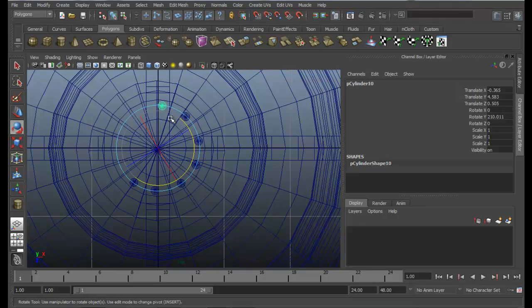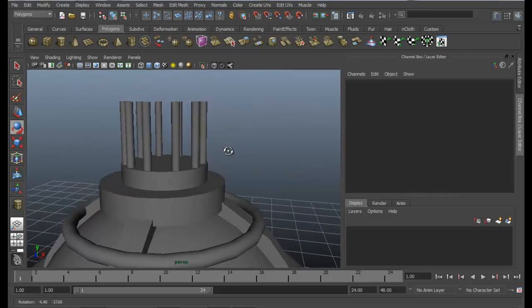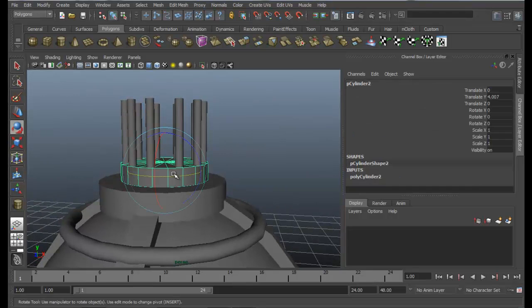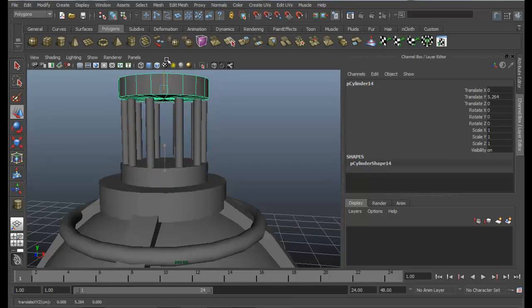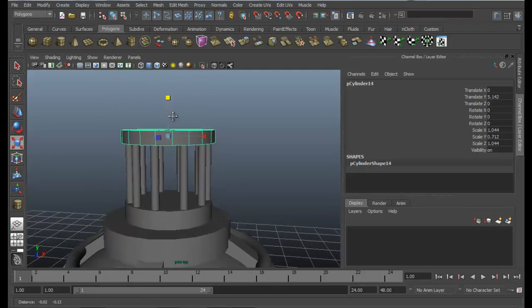Okay, how many copies you want, you can just move it, just position it using this technique. Okay, that much is good for now. Now I'm going to duplicate this, Control D, press the up key, and move it up, and just scale it a bit up and down the y-axis.